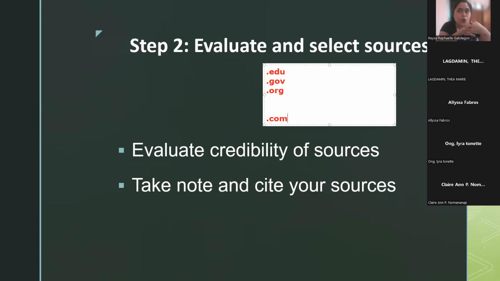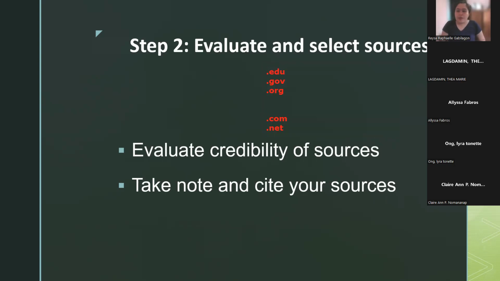So, you have to read first the information they wrote on their site. And if you doubt it, you may look for other sources and compare the two. Okay? Compare the information written there. Even with .com or .net, you still need to double-check the information they wrote on their